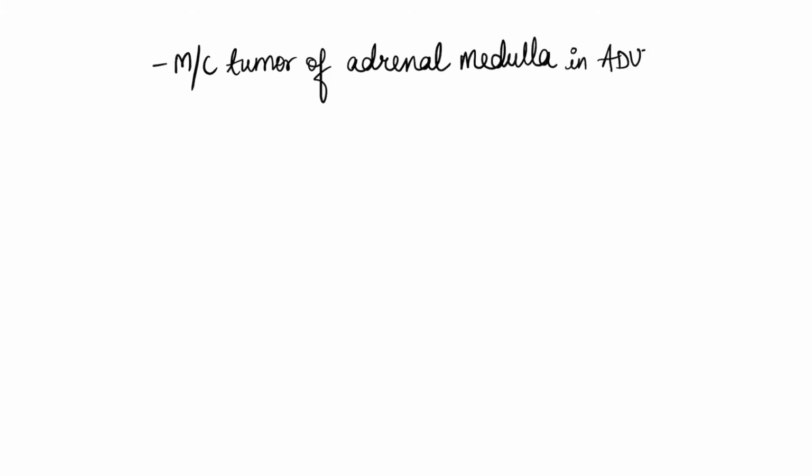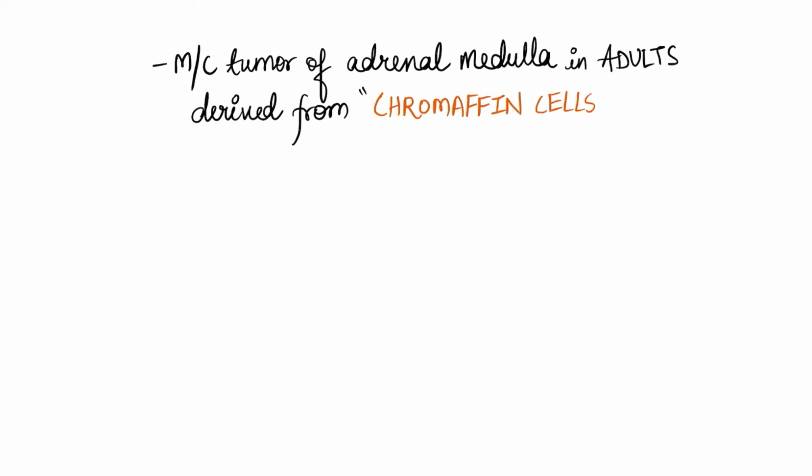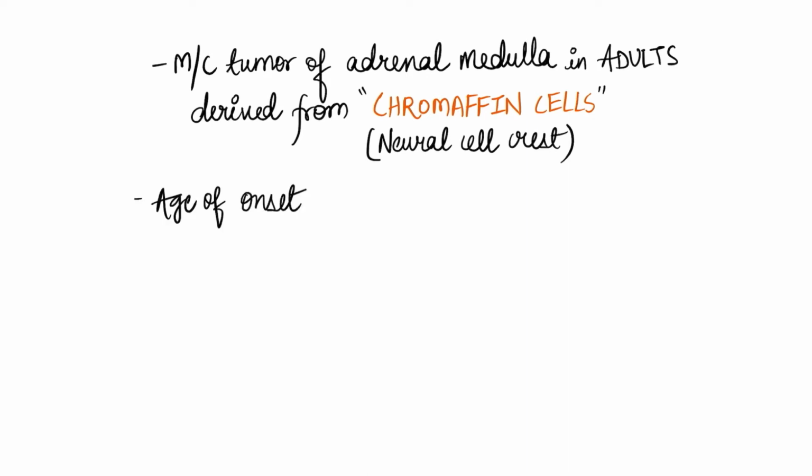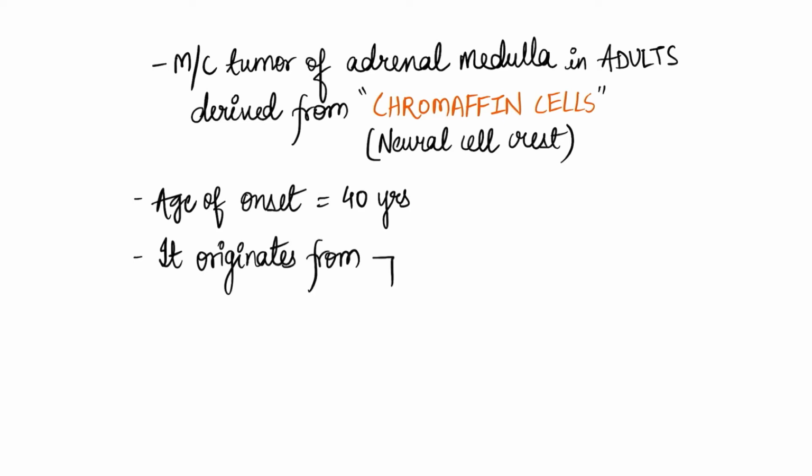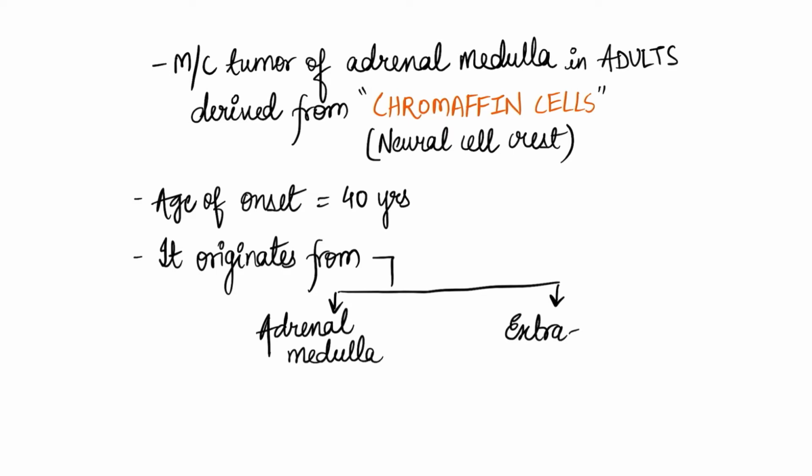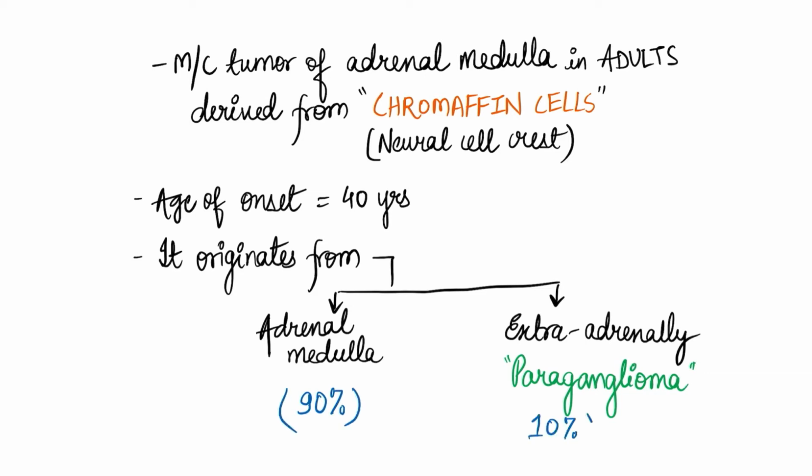It is the most common adrenal medulla tumor found in the adults. It is mainly derived from chromaffin cells, which are in turn derived from neural crest cells. Hence, it is a type of neuroendocrine tumor. It is mainly found in the age of 40 years. It can originate either from adrenal medulla or can also originate extraadrenally. In 90% of cases, it is seen in adrenal medulla, but in 10% of cases, it is seen extraadrenally, which